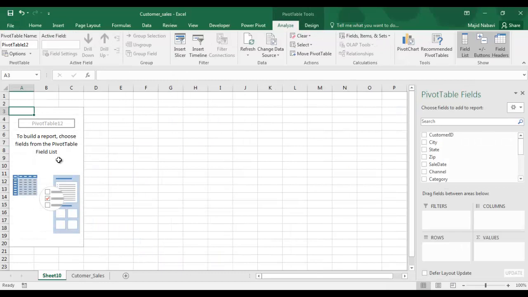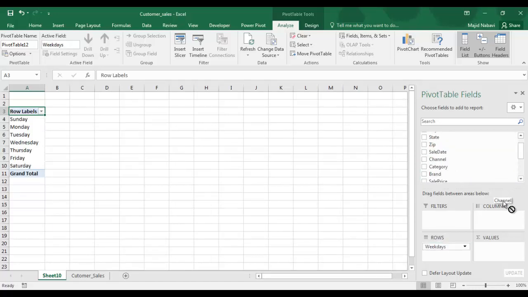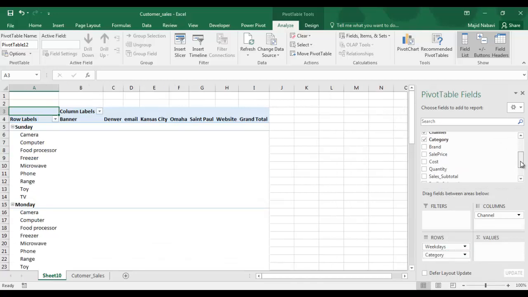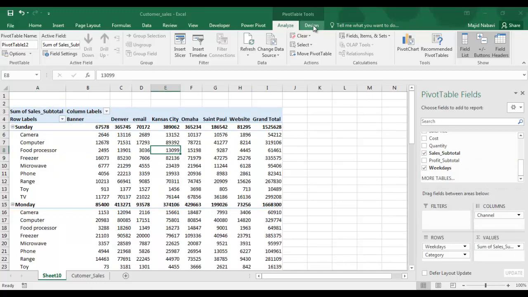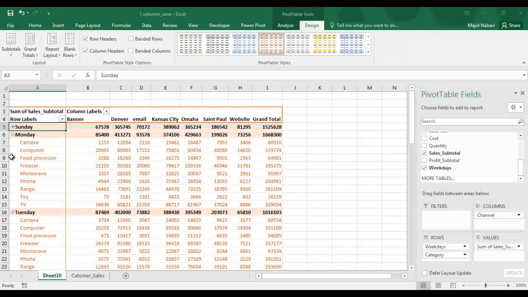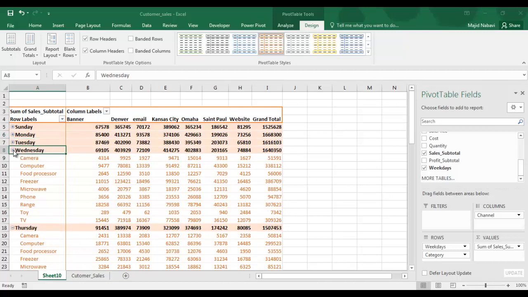In this new pivot table, we're going to compare sales across different markets, different channels, for different categories. It's more complex comparing to the previous pivot table and pivot chart. So first, we add weekdays, the newly created column, as the row header, add channel as column header, and as the second variable in rows, we add category. And then at the end, sales subtotal for the body of the table. We can use the design tools of pivot table to apply different colors if we need to. We can collapse and see the results, aggregate in different days,